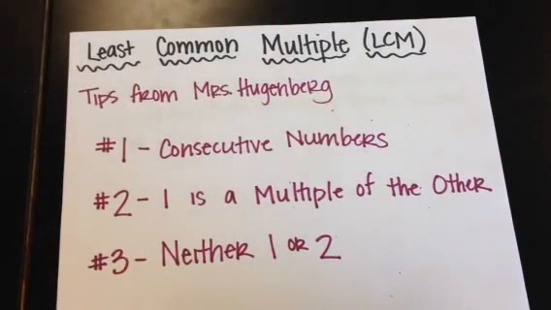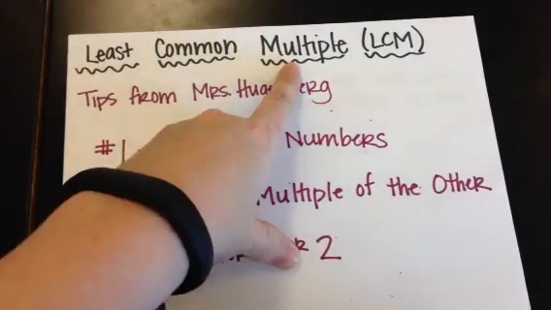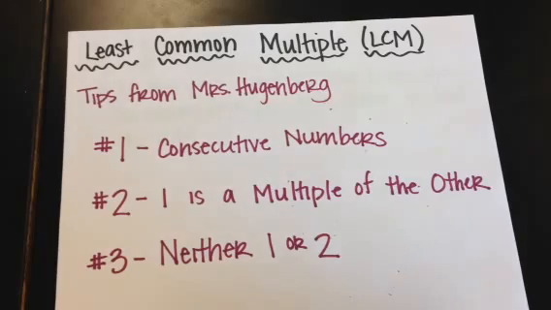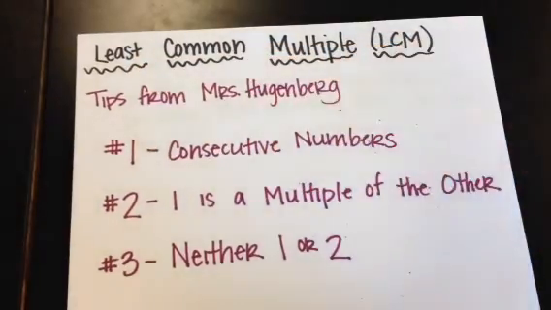Okay guys, today we're going to talk about finding the least common multiple of two numbers. Least common multiple means we are finding the smallest multiple that two numbers have in common. Remember that multiples are skip counting, so multiples of 2 would be 2, 4, 6, 8, 10, and so on. Multiples of 3 would be 3, 6, 9, 12, 15, and so on. So again, multiples are skip counting, and we want to find the smallest multiple that two numbers have